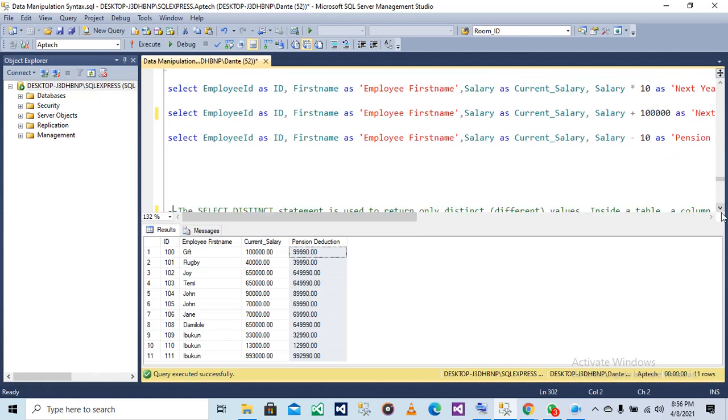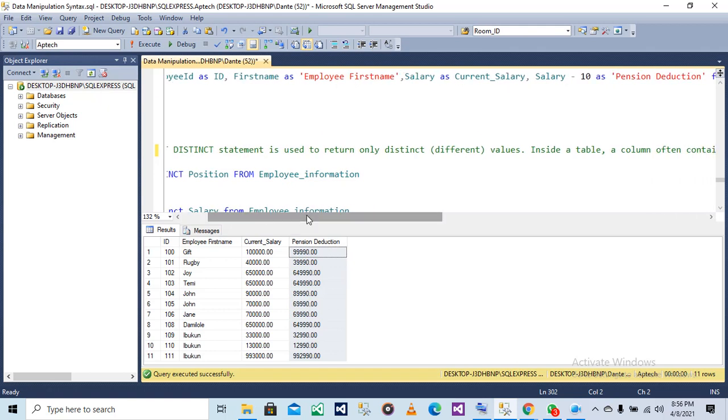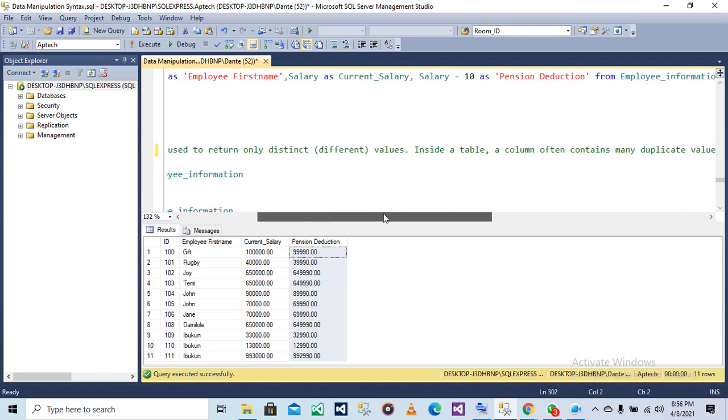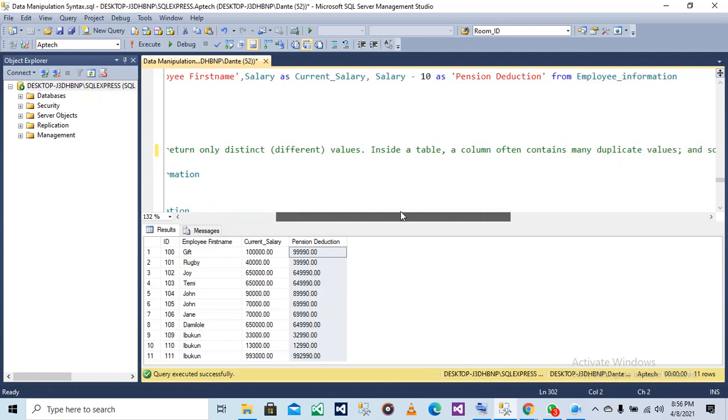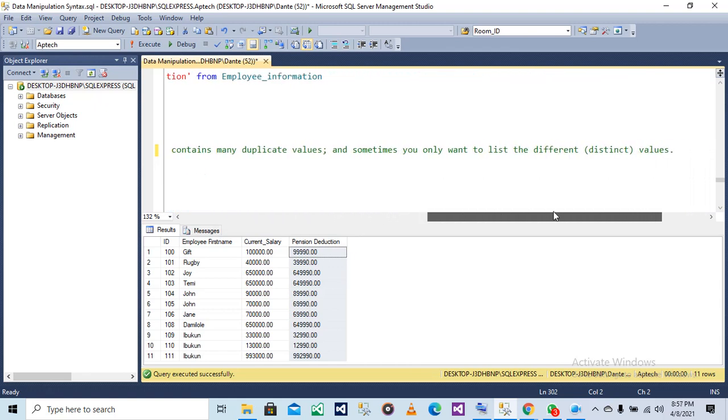Okay, so let's move on to the distinct statement. The select distinct statement is used to return only distinct, different values inside a table. A column often may contain duplicate values, and sometimes you only want to list different values.